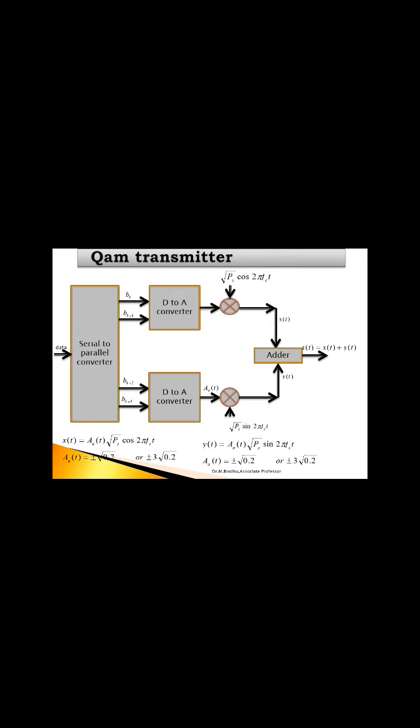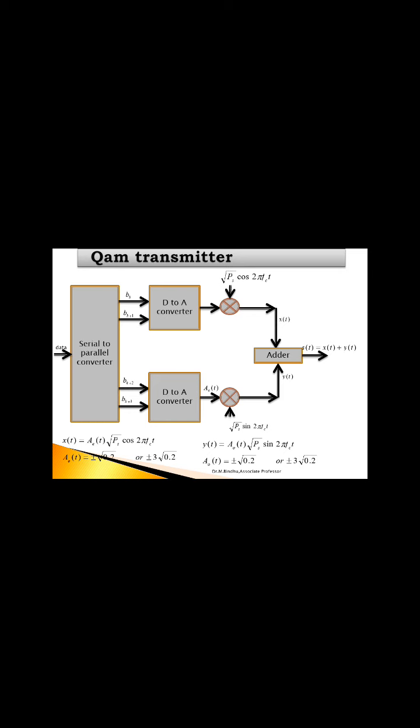What is the transmitter block of QAM? There are no line coders over here. We have two important digital circuits utilized. You will have a series of binary data as the input, so the input is serial data. But we need to separate it into odd and even numbers. So we give it to a serial to parallel converter, the first circuit. So we'll have odd bits up, even bits down. Again, this is a digital input. We need to convert it into analog, then only can we do the modulation. So we have D2A converters for odd and even. Now the bits are represented as odd bit and even bit.